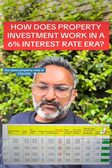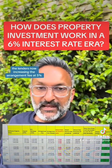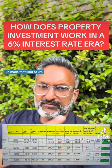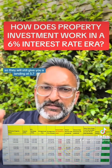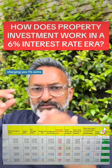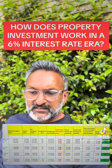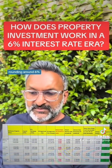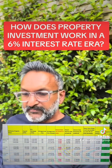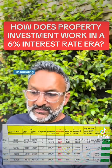The same property now, at 250,000 purchase, 187 borrowing, which is 75%. The lenders are now increasing the arrangement fee to 5%, so they can make the same amount of money. They will still give you lending at 5.7 instead of 6.7%, but instead of charging you a percent extra, they will add it in terms of arrangement fee. In this case, we're using 5.7, rounding to around 6%, with a 5% arrangement fee for a buy-to-let limited company mortgage. So if you borrow 187 on a purchase of 250, it will cost you about 11,000 per year,